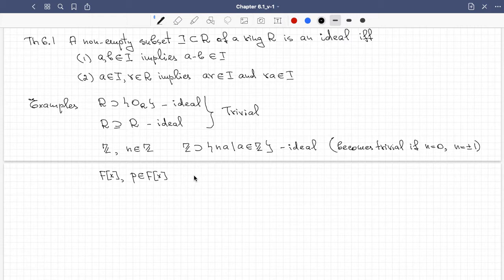Again, the ring of polynomials contains a subset of all multiples of polynomial p. By the same token, this is an ideal which becomes trivial